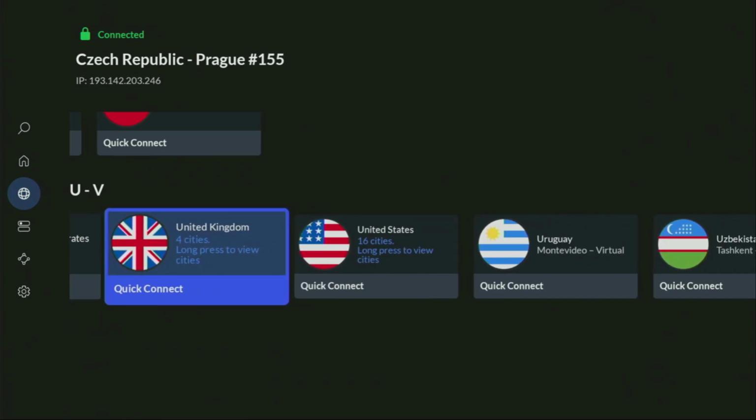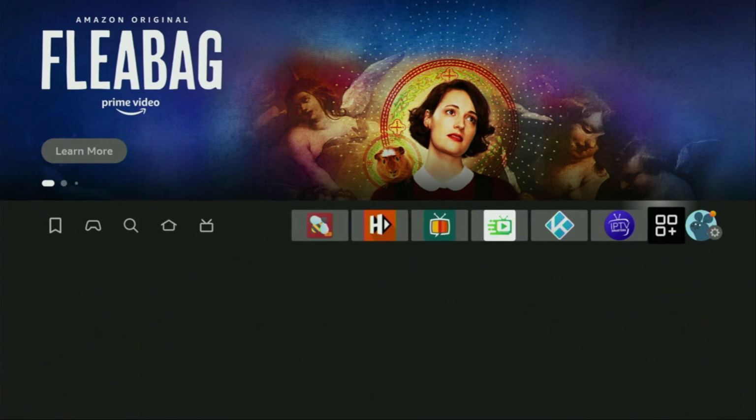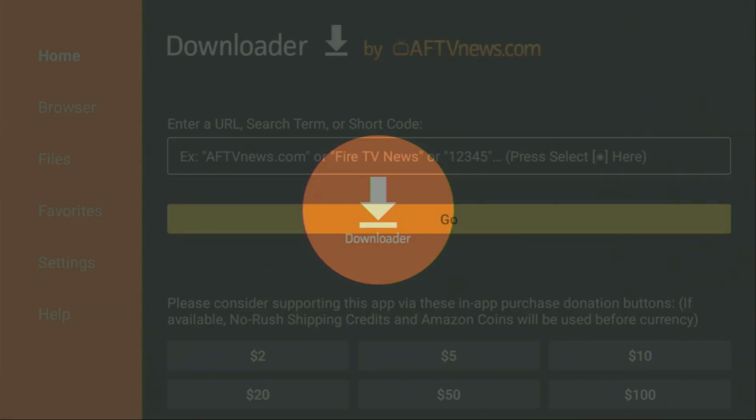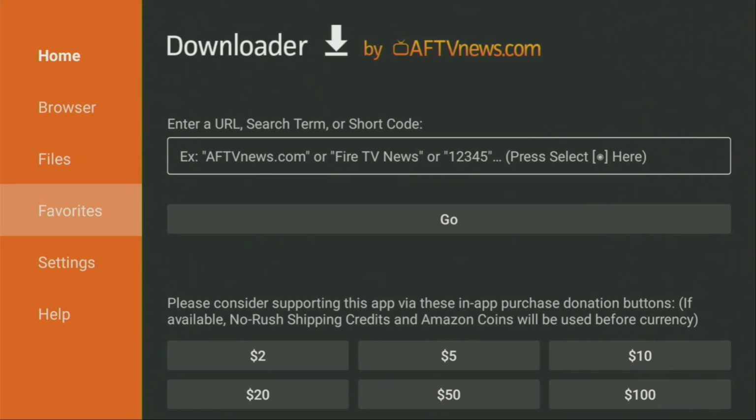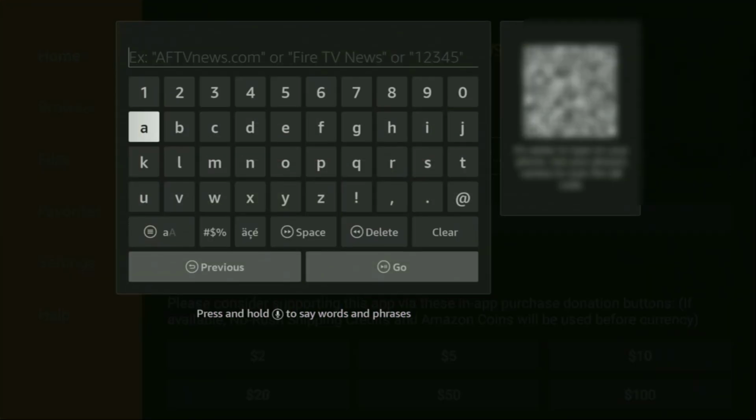And now finally, let's use Downloader safely. So we gotta go to the list of apps on your device, open it up, and then launch Downloader. Wait until it loads for you, and then here on the left side menu, it's very important that you click on Home and not on Browser. So once again, make sure that you have clicked on Home, and then here in that search bar, we gotta enter a code, which is going to be